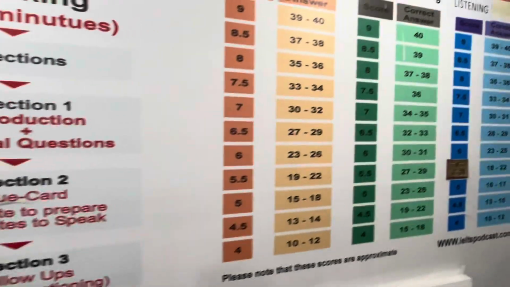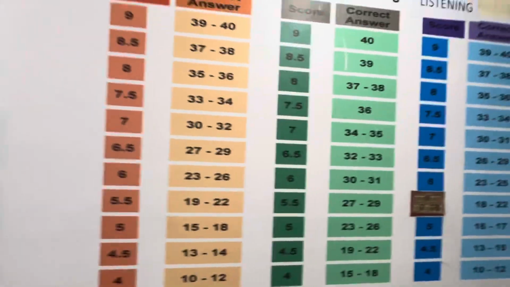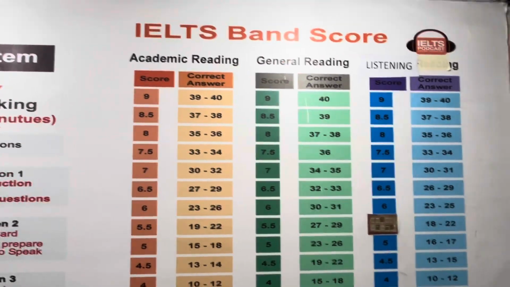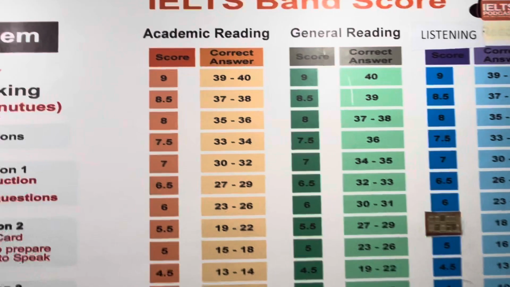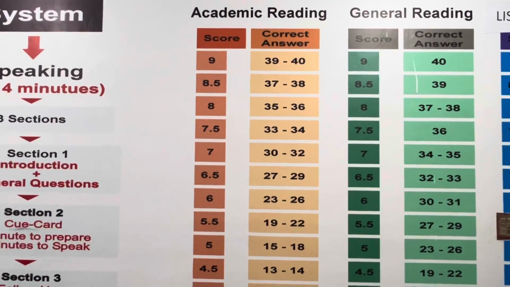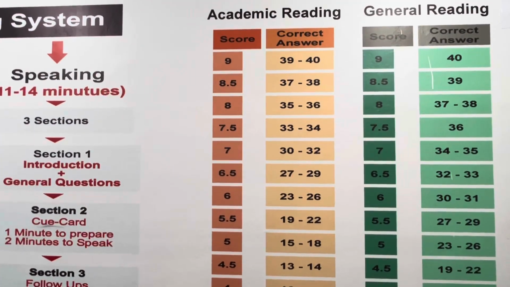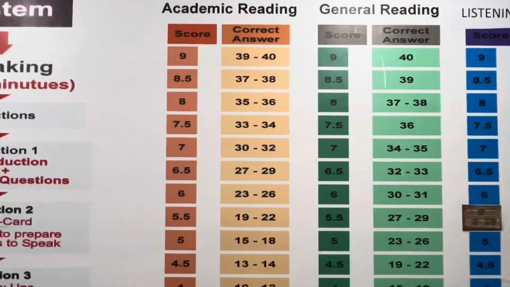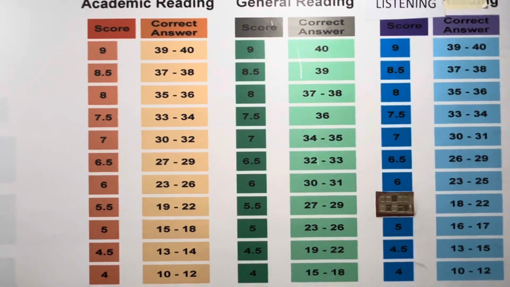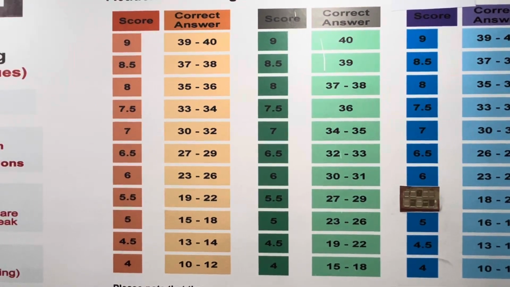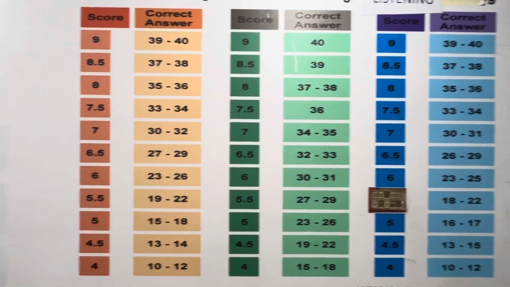We'll come to the band section, which I have pasted in my classroom, which is the IELTS band score. You can check in academic reading. If you take 30 marks, you will get 7 bands, and so on. The marks will increase and your band will increase. In general reading, when you touch 30, you will have 6 bands. So for 7 band, you'll have to touch 34. Whereas